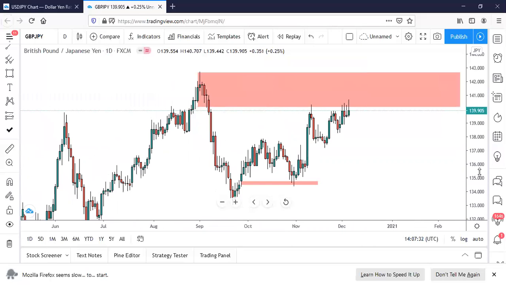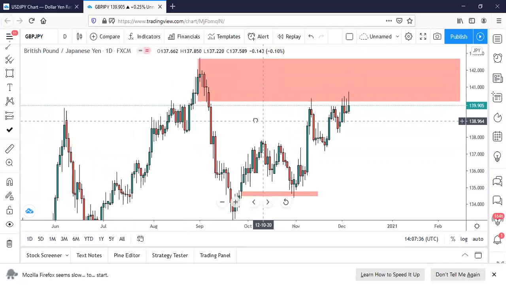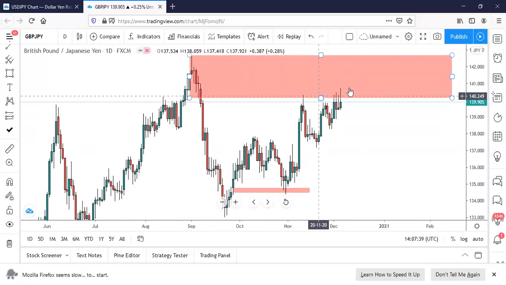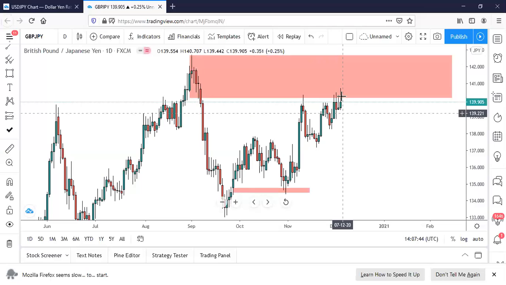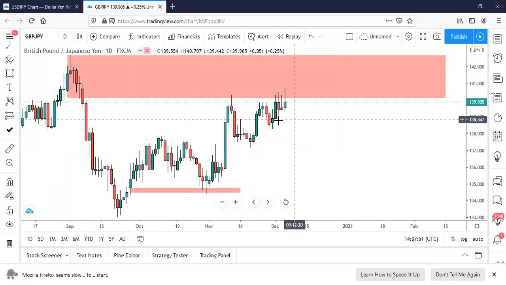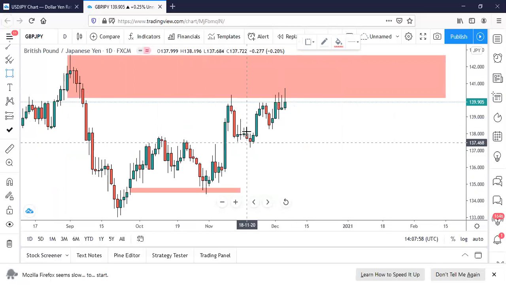Price has gotten to a bearish weekly OB and is showing signs of rejection. There is a series of daily highs here that has also been raided, so we expect price to be bearish. If we are going to be bearish, we have to know our range and where price is likely to move to. So if we are to identify all our PD arrays, you can see we have this series of other blocks here,